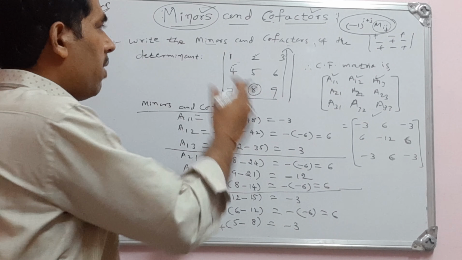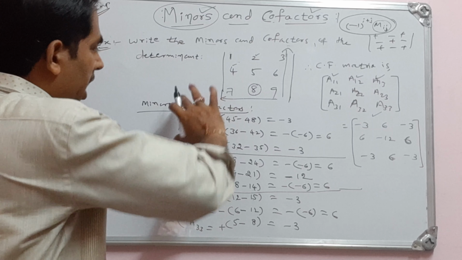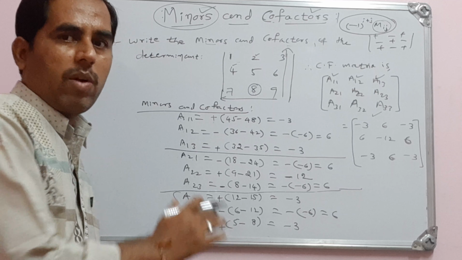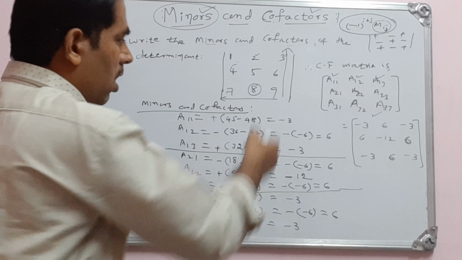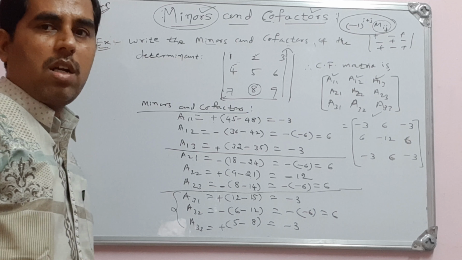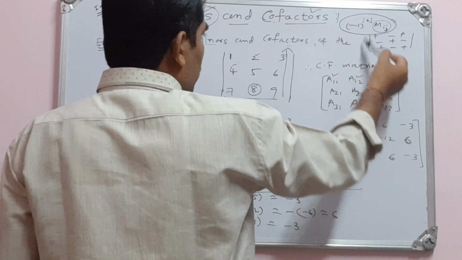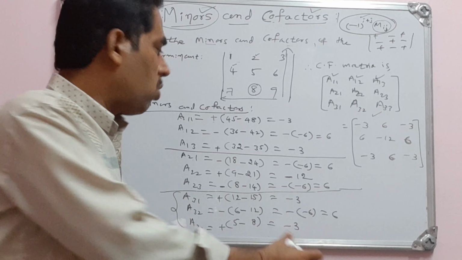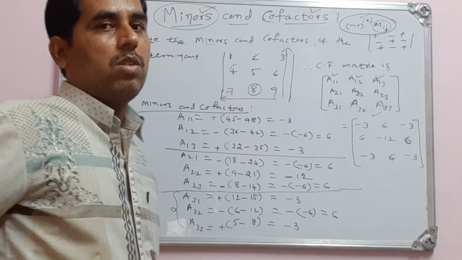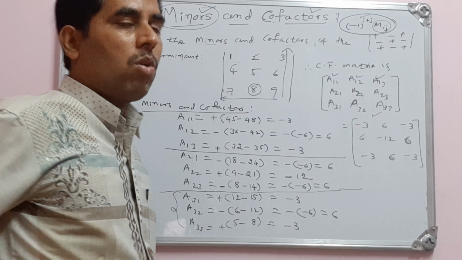Okay, so in this way we can find the cofactors. So here I have combined minors and cofactors. Otherwise for minors, first you write the minors and you attach the signs, or you can do it directly, minors and cofactors. So remember this sign, minus 1 to the power i plus j, and you go on attaching to the minors. That is what we call minors and cofactors.